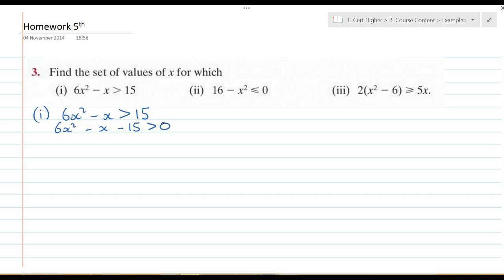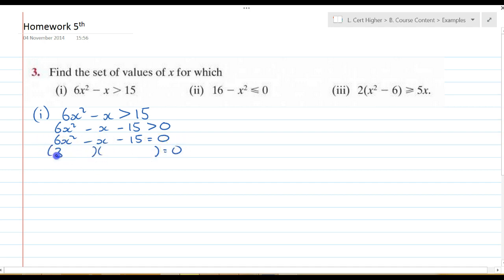First thing I'm going to do is replace the inequality sign with an equal sign, giving me 6x squared minus x minus 15 equals 0. We have a quadratic trinomial, so we're now going to factorize this, solve it, and draw a graph to find our solution set. So, our two factors here will be 3x and 2x, and we have 3x minus 5 and